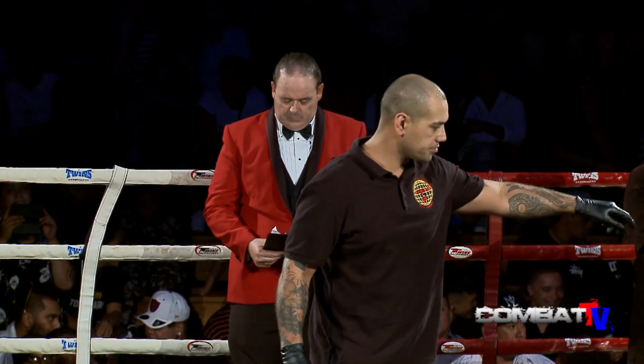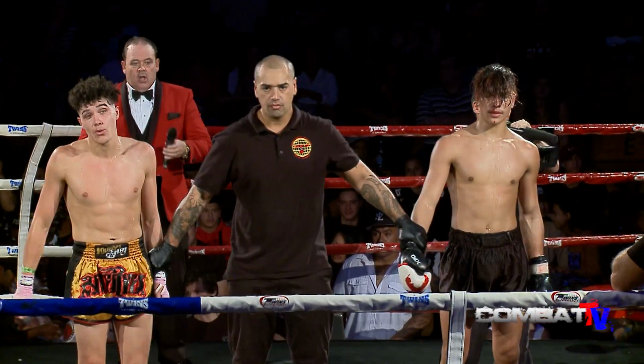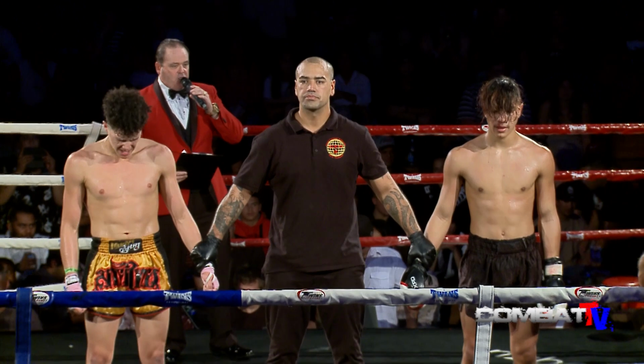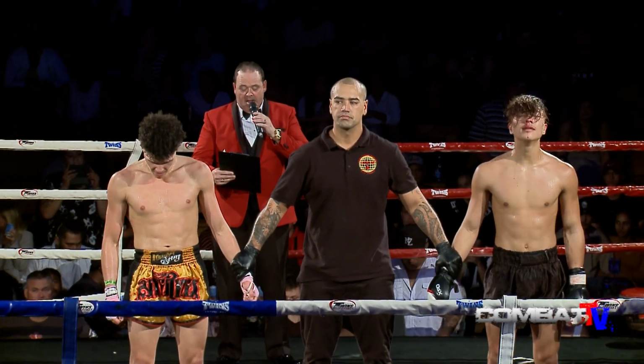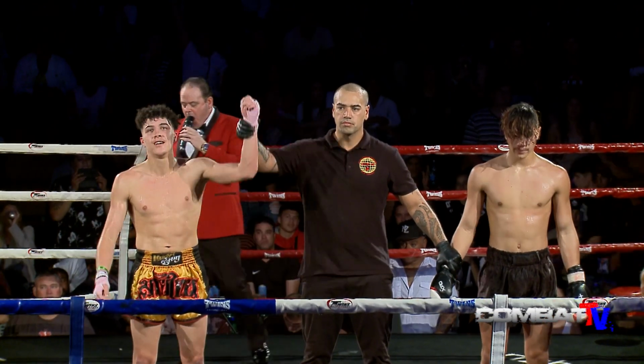All right, focus in the center ring, please. So we're going to make it all official now. Lieutenant Dan Hennessy calls the fighters to the center of the ring. Ladies and gentlemen, after 5 rounds of Muay Thai action, we go to the judges' scorecards for a decision, where we find a unanimous decision winner and New Zealand Junior Champion, fighting out of the blue corner,